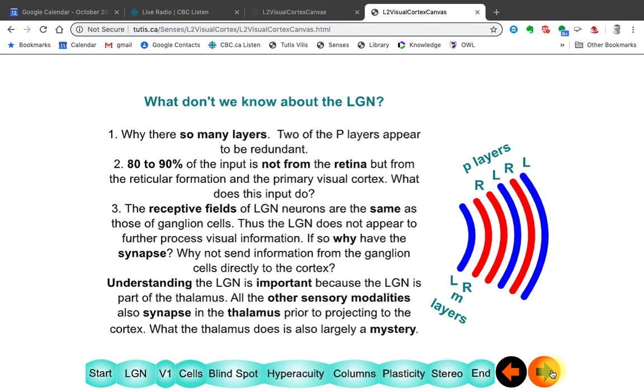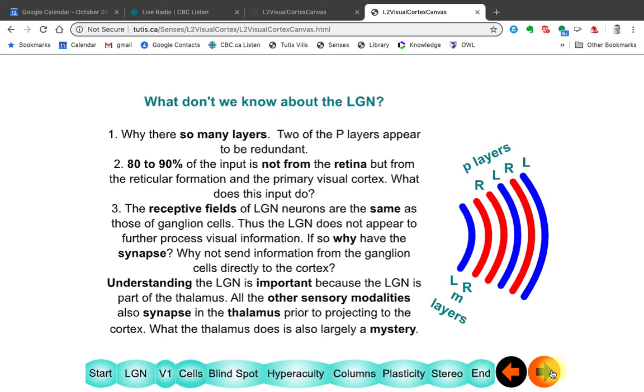So they're trying to fool or improve on what you see, depending on what the expectations are. The other surprising thing is that the receptive field of the LGN neurons stays the same. There's that circular surround on and off